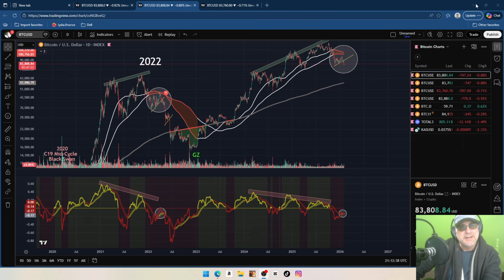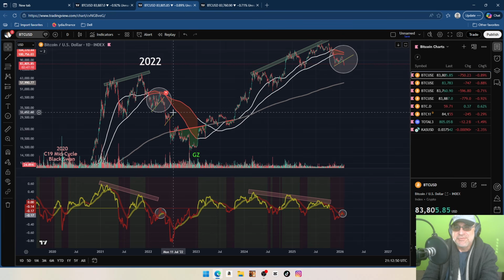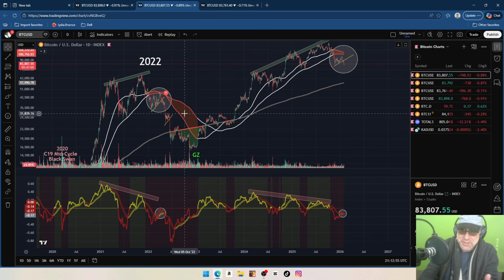Let's go ahead and look at Bitcoin. Those that have been following this channel should not be surprised by the movement that we've just had. We've seen it all before. As long as the fractals are copying each other, which they are, they haven't been invalidated. And more, they're confirming the